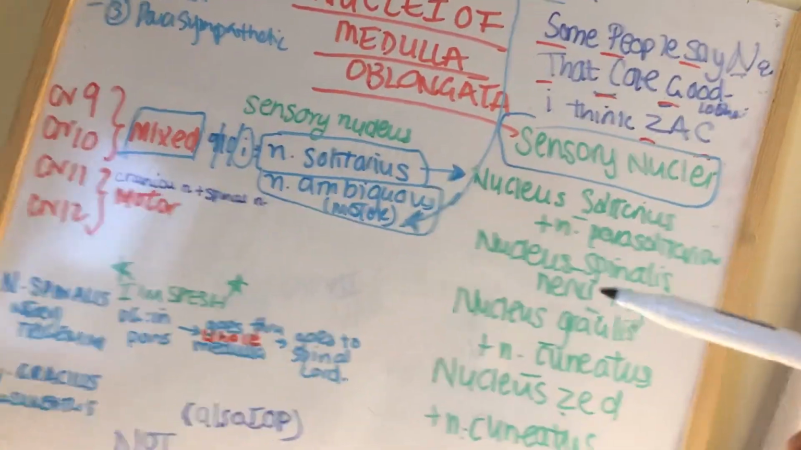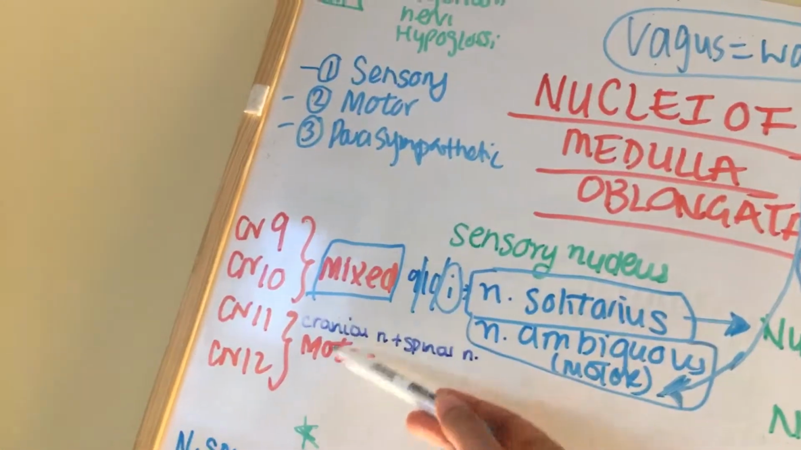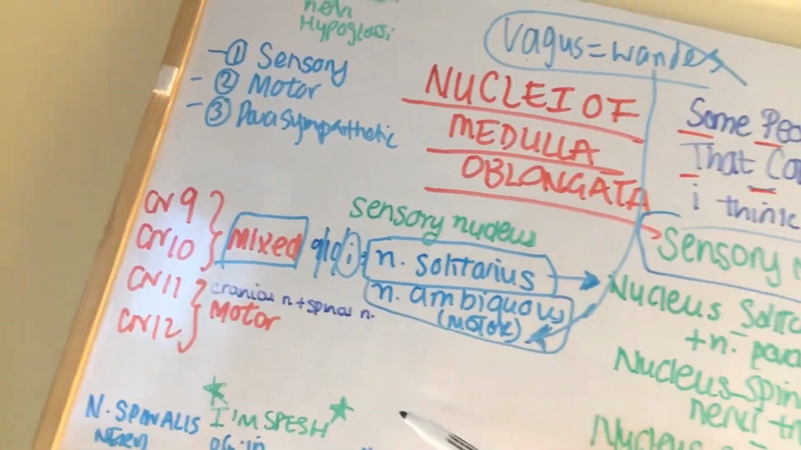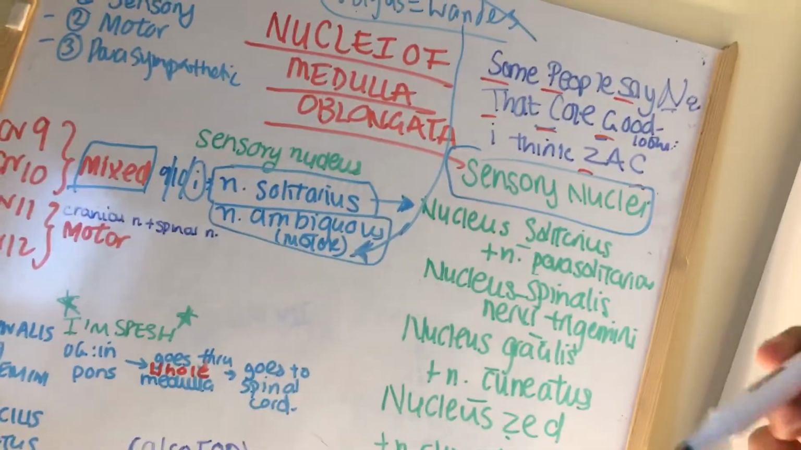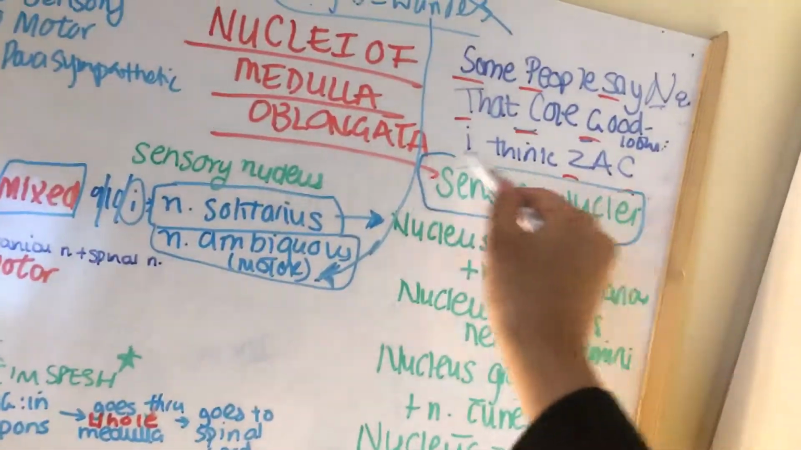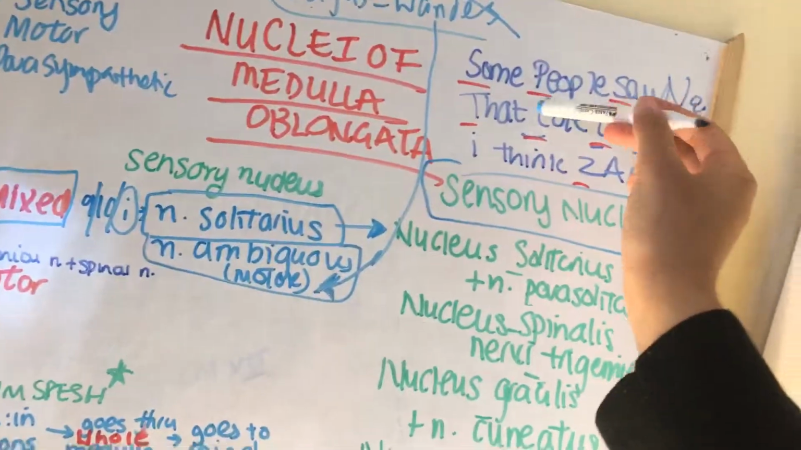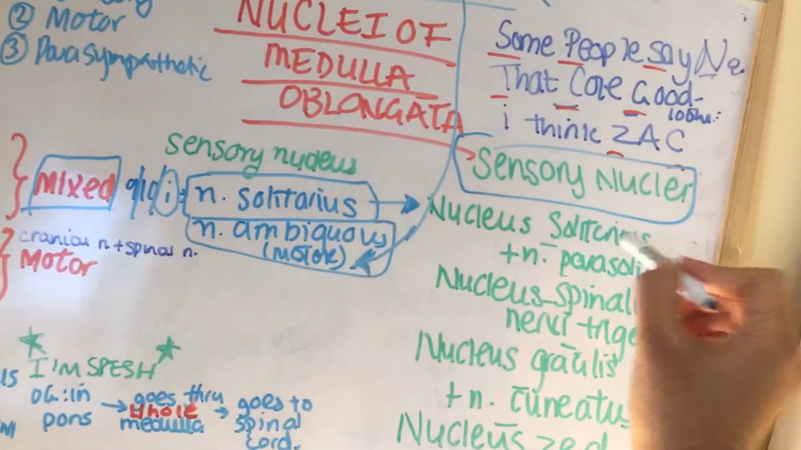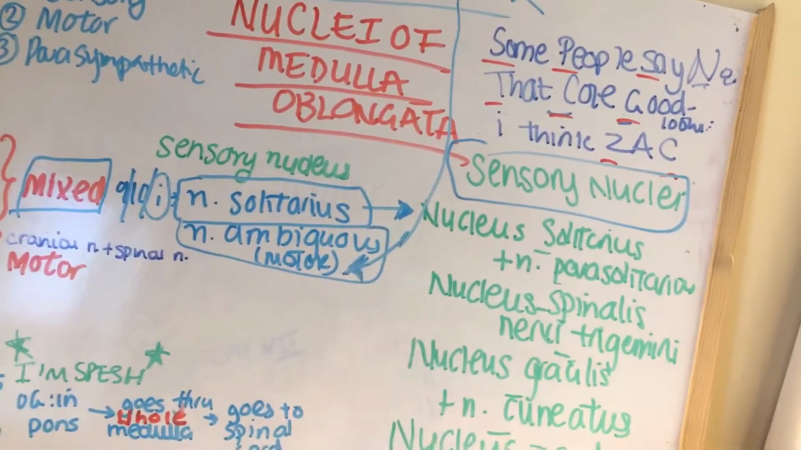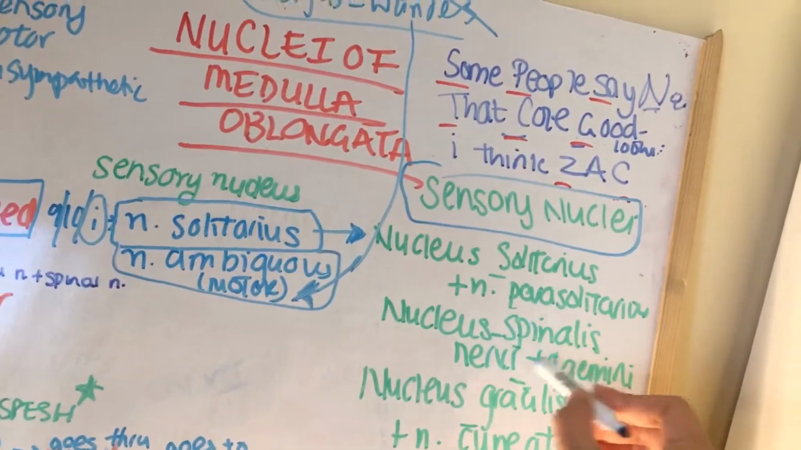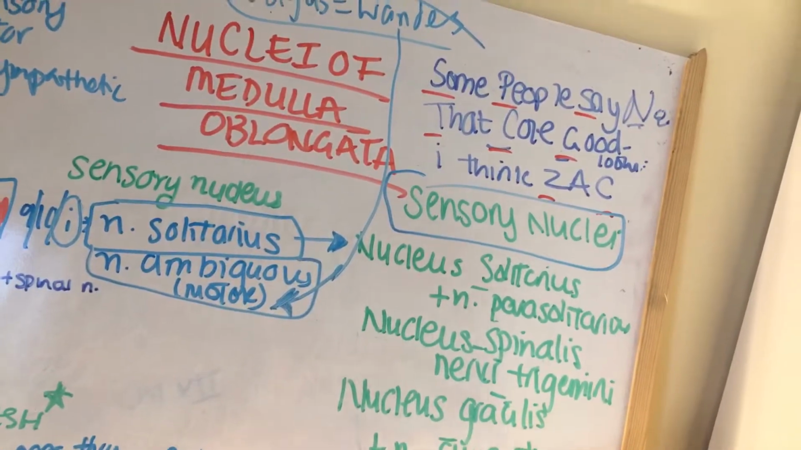Now I want to tell you that cranial nerves 11 and 12 are just motor. They have only motor. Now let's talk about the sensory nuclei, all of them at once. So you have basically nucleus solitarius, nucleus parasolitarius, nucleus spinalis nervi trigemini, nucleus gracilis and cuneatus,